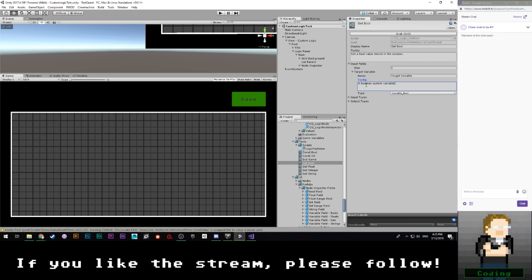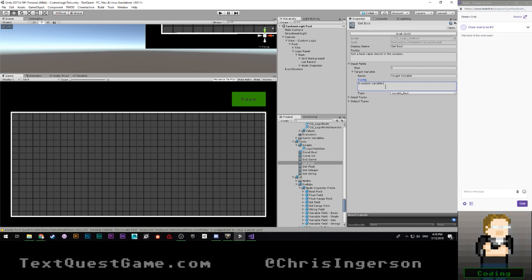Or how about a custom Boolean variable? How about a custom variable with a Boolean value? Custom variable with a Boolean value. Okay, so we're going to grab that, copy you,